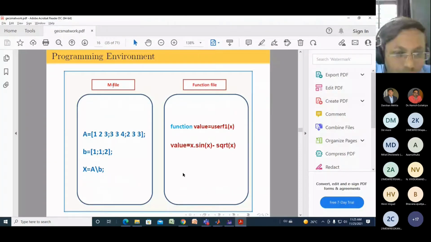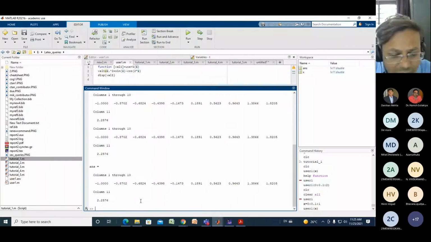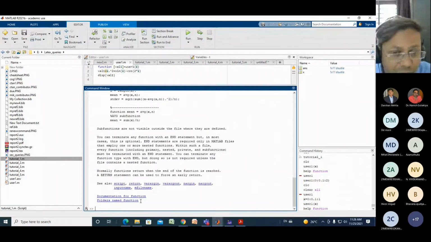Okay, so you can create any MATLAB file, you can create a function file, but you need to remember there is a clear difference between them. Any file that starts with this keyword function, you need to remember, is a function file. So you can create any function file, and the syntax is just the function keyword. So your syntax is very clear. You have to give the input argument.